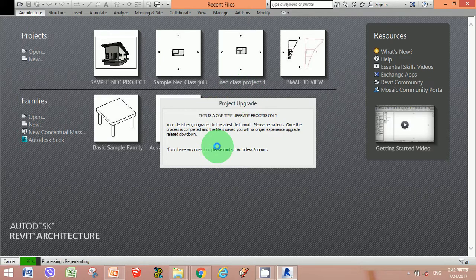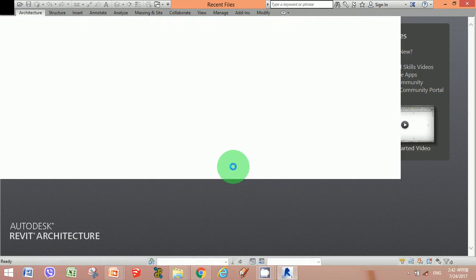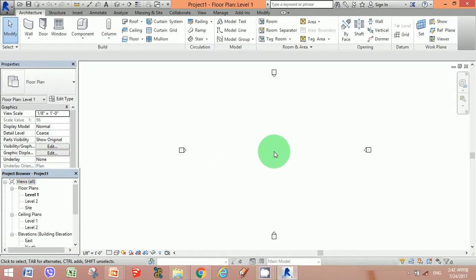Now once the loading is complete, you'd find a blank window with all of the tools and all of the design components like you're going to see right now. After a few seconds, maybe 10 or 15 seconds, you will find the Revit template being opened.